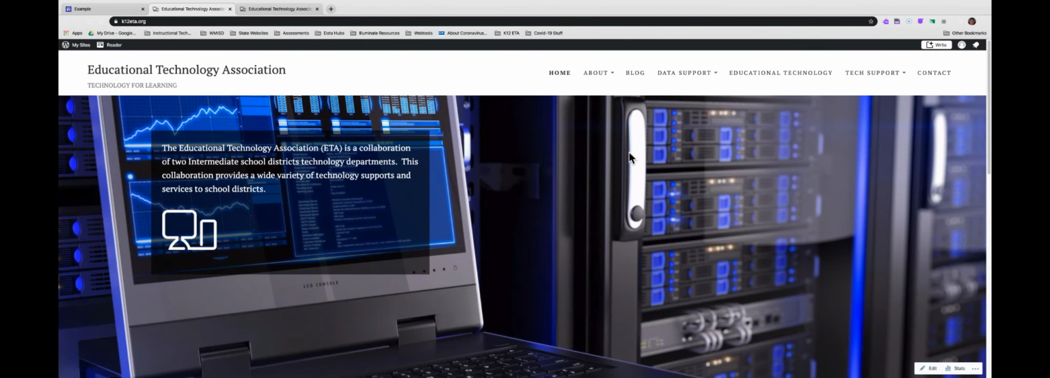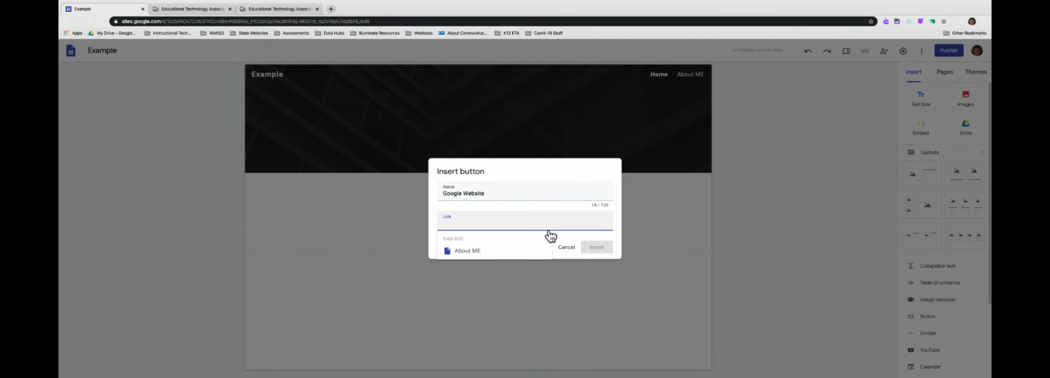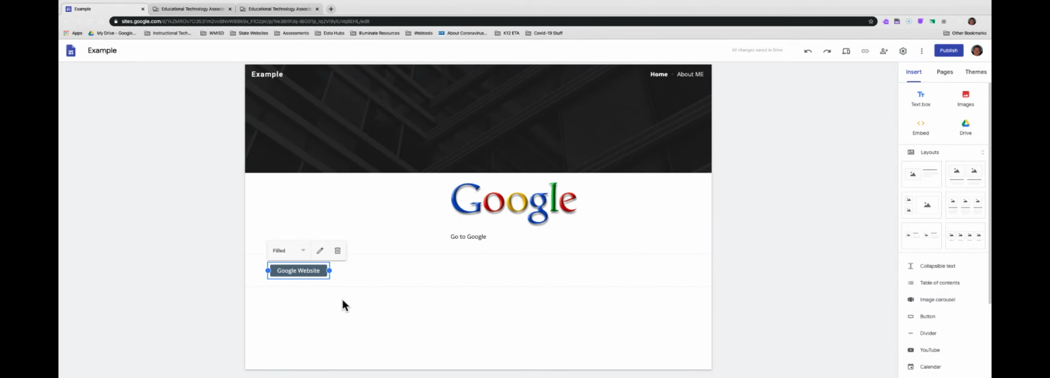So for this example, we have another website here that I'm going to link it to called k12eta.org. So I'm going to highlight the URL at the top, right click, and click copy. I'm going to go back to my Google Sites where it says link, right click, and click paste. Now when I click insert, I've got a button here that's called Google website, and it's linked to the K12ETA